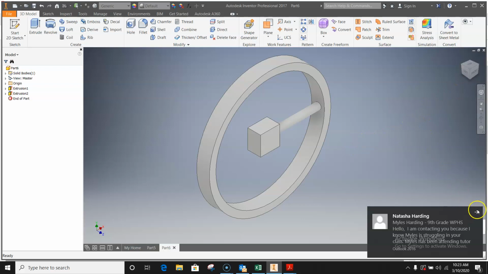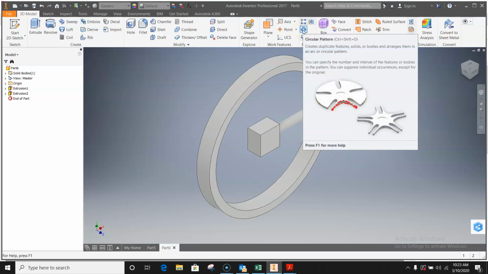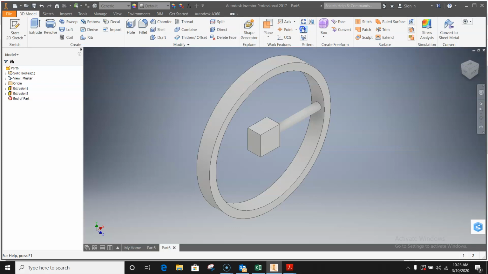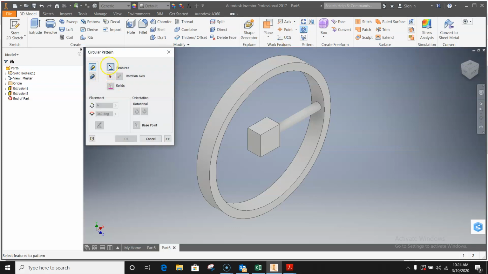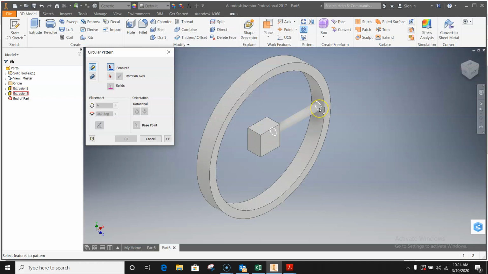Now, we are going to do this same thing off this face, and this one. You could go and do it again, but this is where the circular function, the circular pattern comes into play. So we click on that. We click on the feature that we want. Now everything's going to light up, so just be patient. There you go. You want these 2 end circles, and just those 2 end circles. Those 2 right there. So you just click